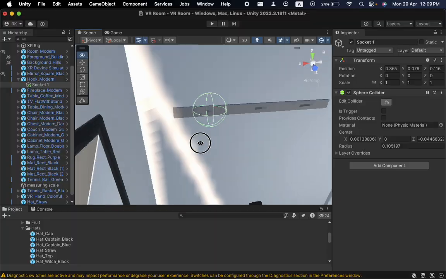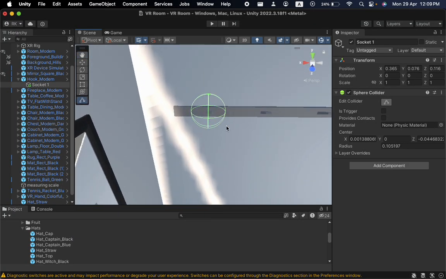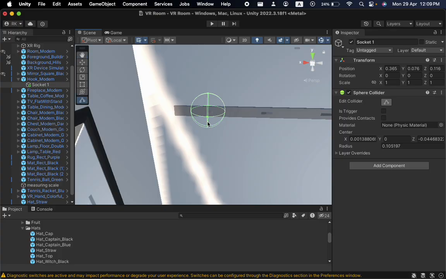Now it seems to be fitting neatly onto the socket. Just ensure that it doesn't overlap the other hook. It covers only one hook at a time, so make it small enough so that it is covering only one hook,